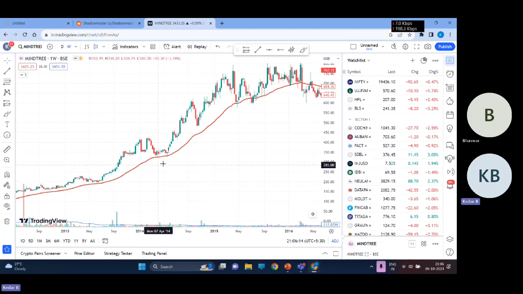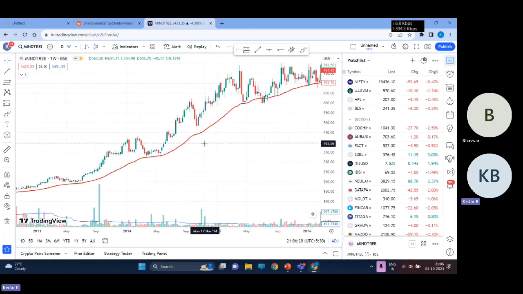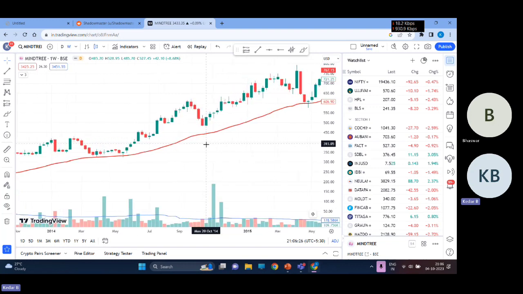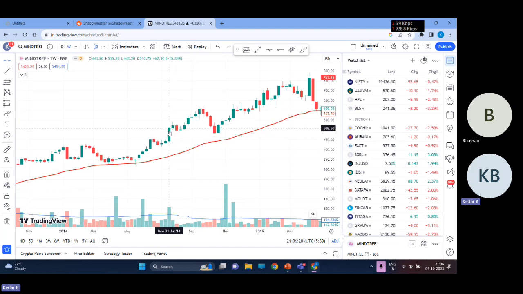So this is the chart of Mindtree, and if you are not that familiar with technicals, I'll briefly tell you what this is. These are candlestick patterns where a green candle indicates that compared to its previous candle, the price has gone up. This is the meaning of a green candle. The meaning of a red candle